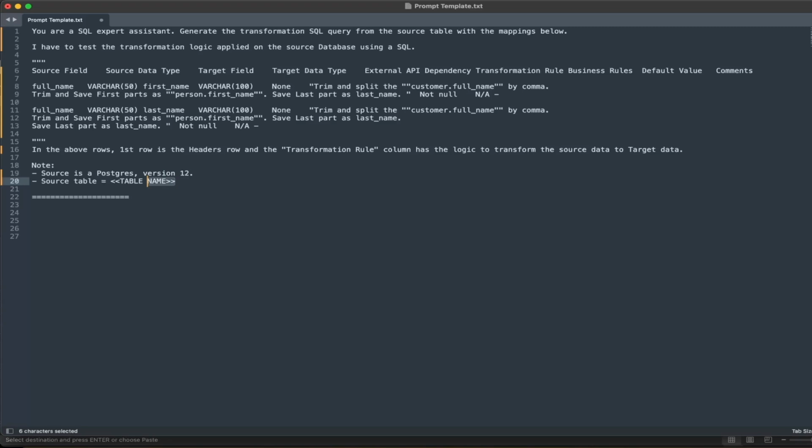Source table, as you know, it's a customer table. You don't have to give the target table because we are giving instructions to the LLM, with ChatGPT or the Copilot here, to give me a SQL query by applying the transformation logic on the source database so that I can run and test it against the target database. So let's copy this